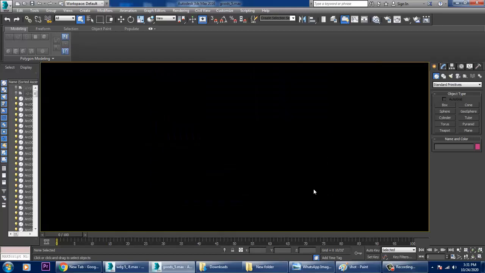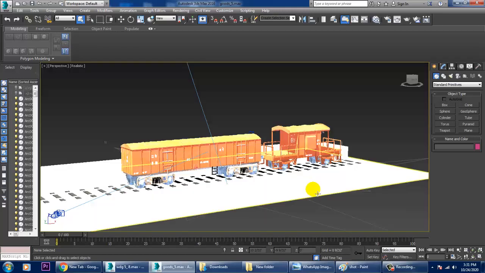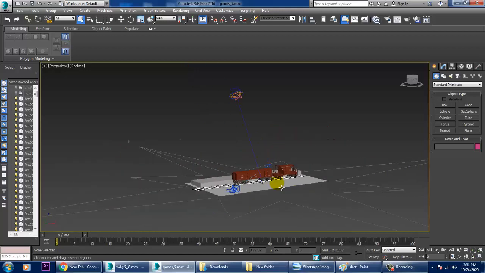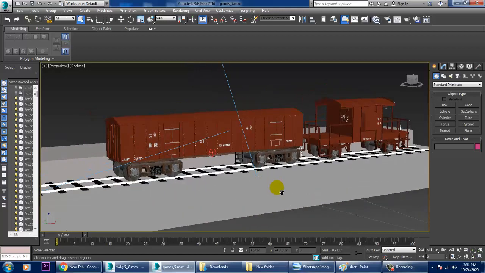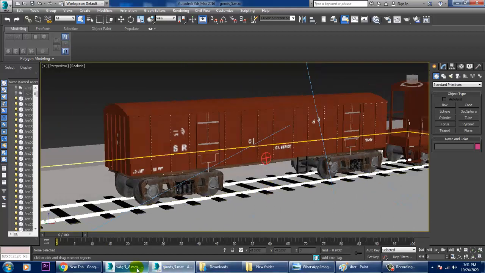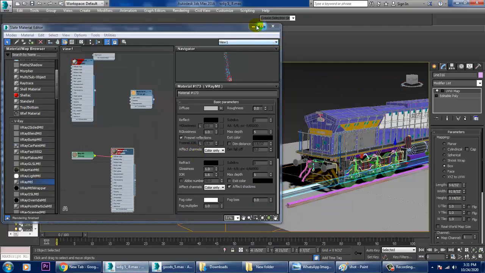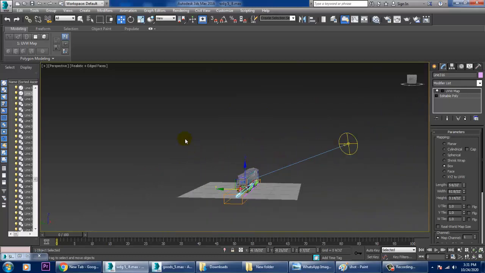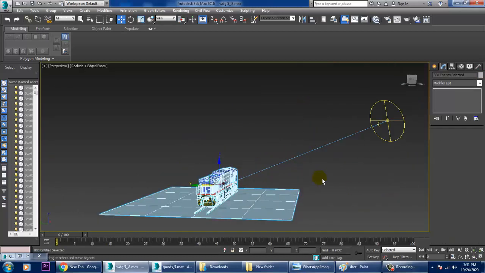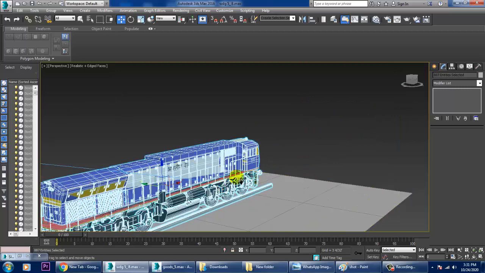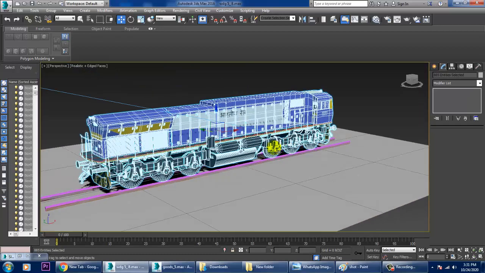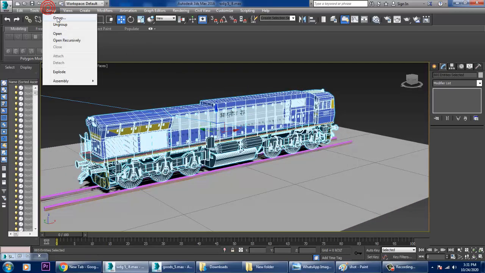Although I have one more file over here, so we can just go into this. I'll just turn this off. If you want to compile these two files, that can also be done over here. I'm just giving you a small example of it. If you have your bogies over there, you can just utilize those bogies over there. So I'll just group this.